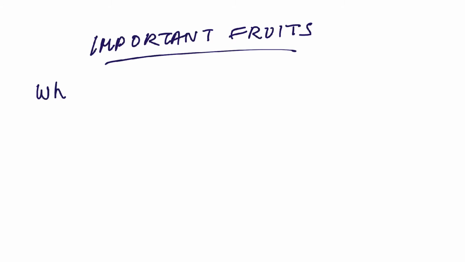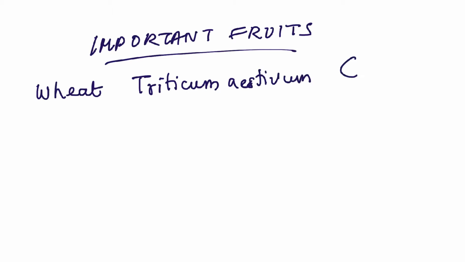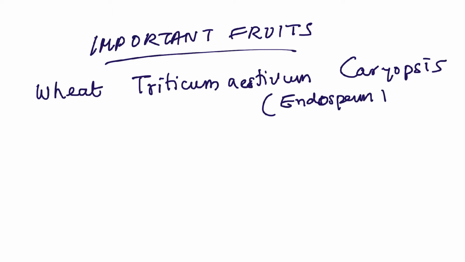In this video where we sum up the discussion about fruits, we are looking at important cases, important examples, and also specifically looking at what part of that particular fruit is edible, which is very important as far as the NEET exam is concerned. We are starting with wheat, which is Triticum aestivum. The fruit nature is that it's a caryopsis, and the part which is edible is the endosperm along with the